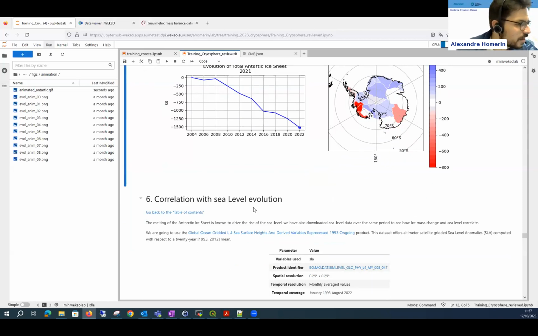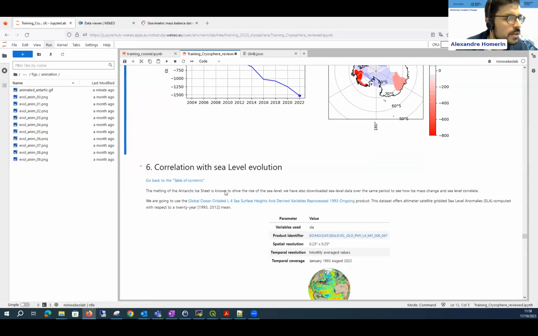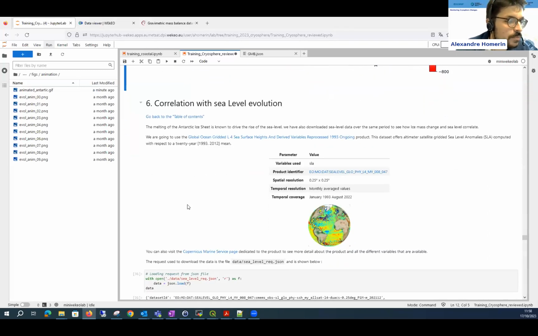Okay, one final thing we will do in this training is to see the correlation with sea level evolution. As we know, the melting of the ice sheets is a major driver for the rising of the sea levels. So here I'm quickly using another product from the WEkEO catalog, which is a sea surface height